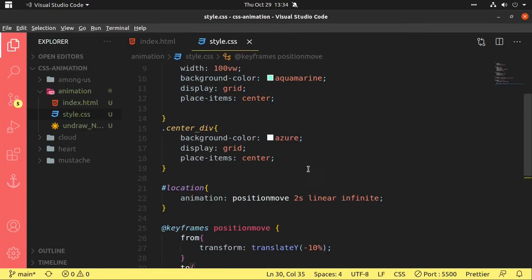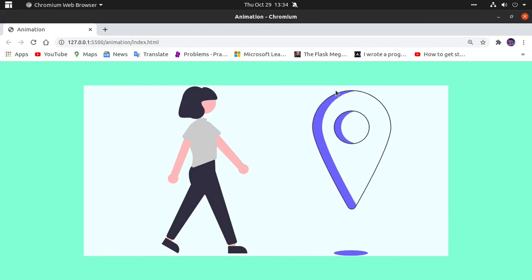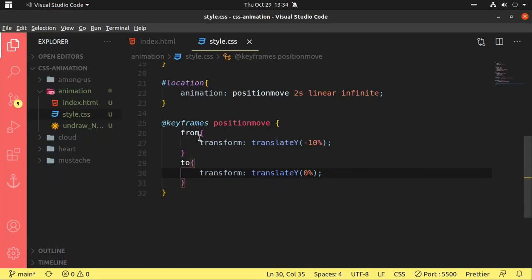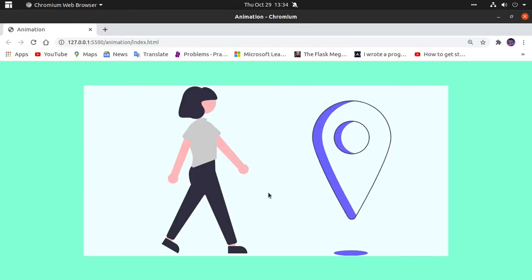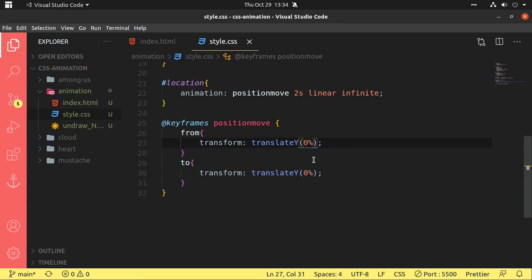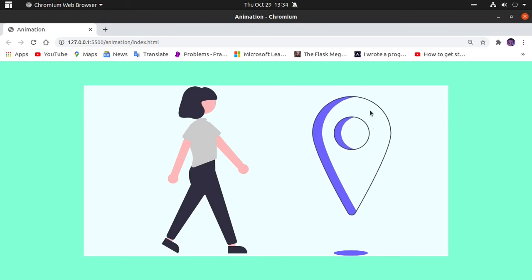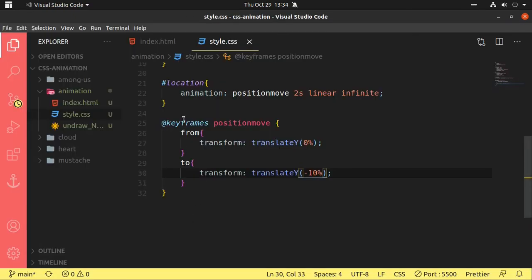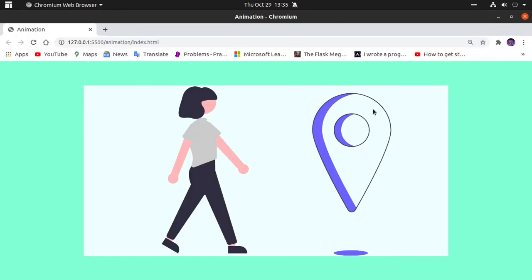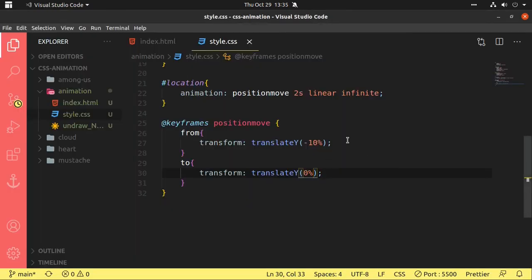But it is working very differently, just coming down and going up suddenly, because I put from to be translate Y minus 10%. If I change it to go from 0% to minus 10%, it will suddenly come down. That's weird, so I'll go back to the original one, 0%. Still it is going to work with this behavior.